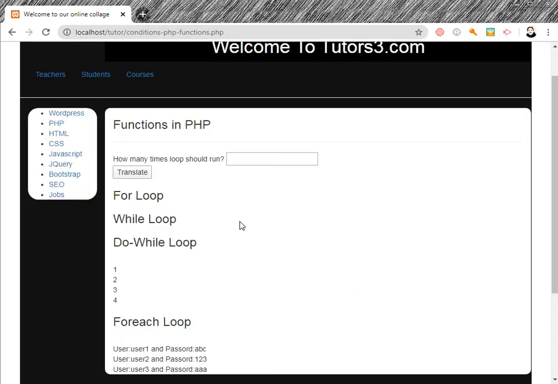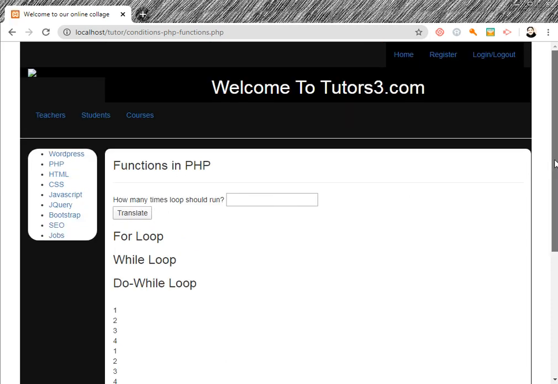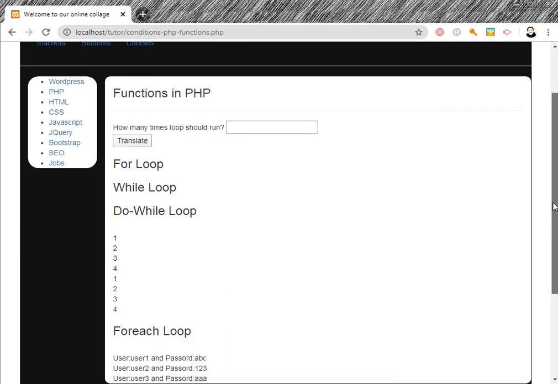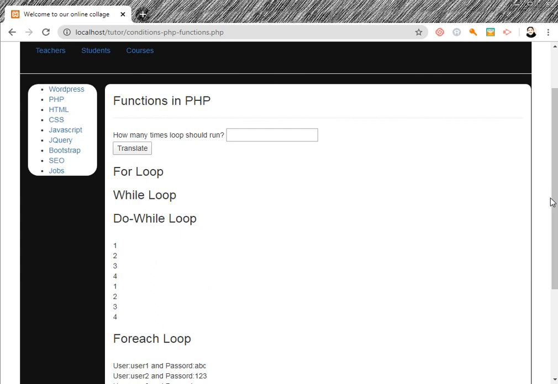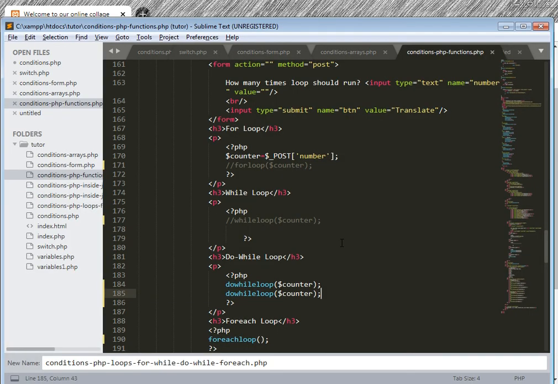This will execute 2 times. For example, I write 4. Only do while will execute 2 times. This is the output, 2 times. 1 2 3 4, 1 2 3 4. Because 2 times call, 2 times action.